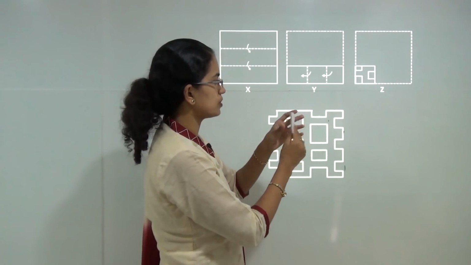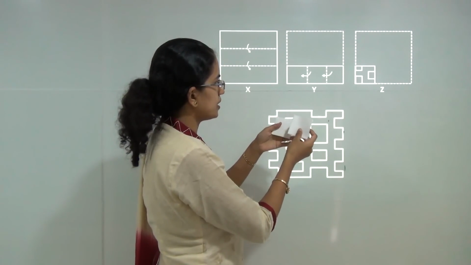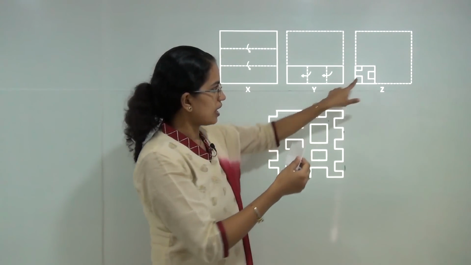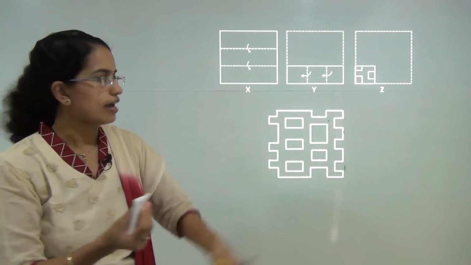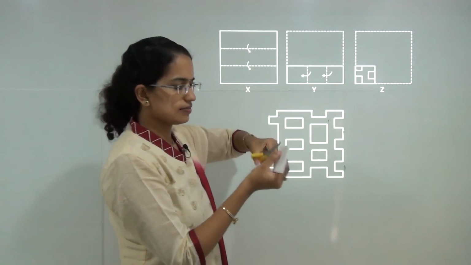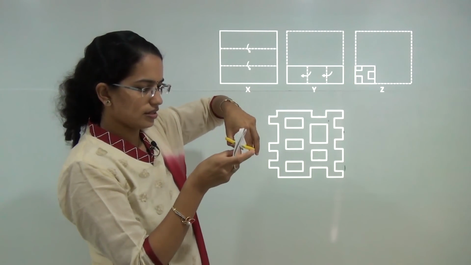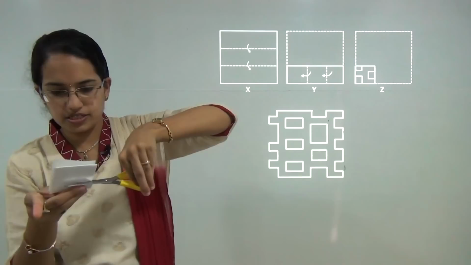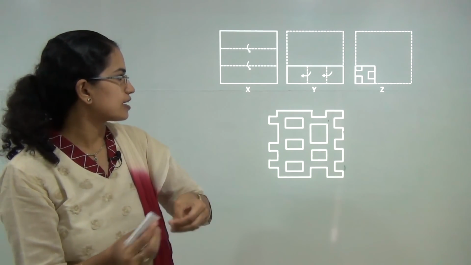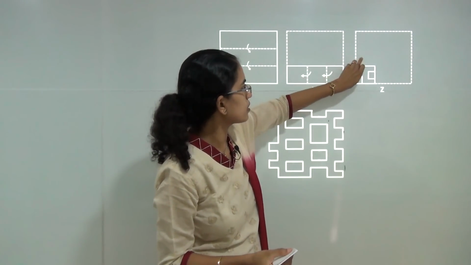Now I have the folds ready with me. What I would do is, I would cut out the sections that are marked. So I would have the upper section, that would be a smaller square. Since it is a smaller square, you would have a replica of the smaller square on this fold.